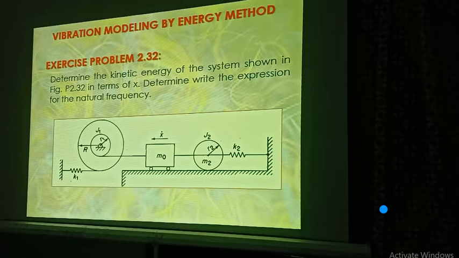Because kinetic energy is associated with the mass of the body, as we know, and a body can either translate or rotate. If the body is translating, the energy associated with it will be kinetic energy, and whether it is rotating or translating, it is overall kinetic energy. So we can see the possible types of elements associated with the kinetic energy, for example this disc element and this translating mass, and again this disc element.